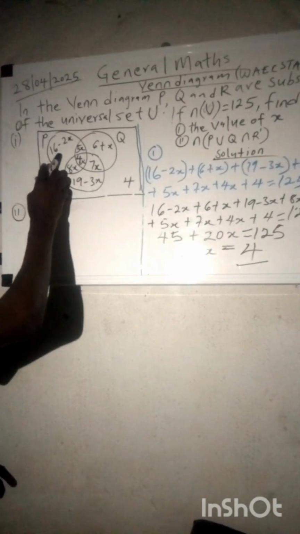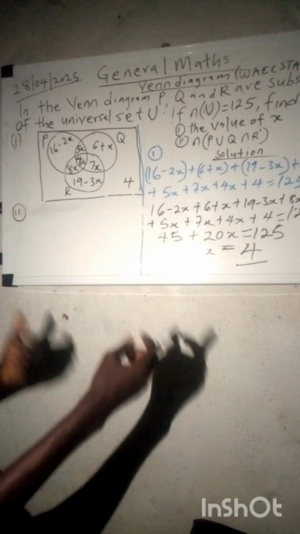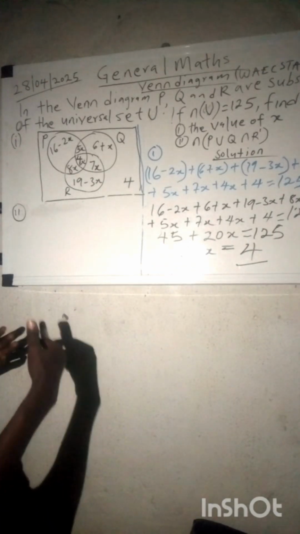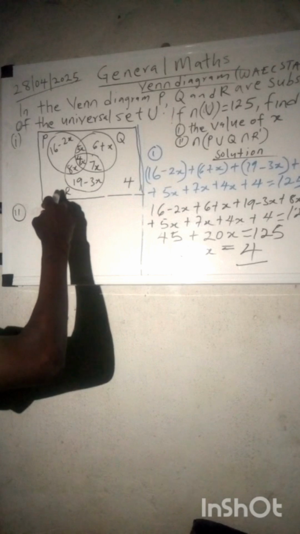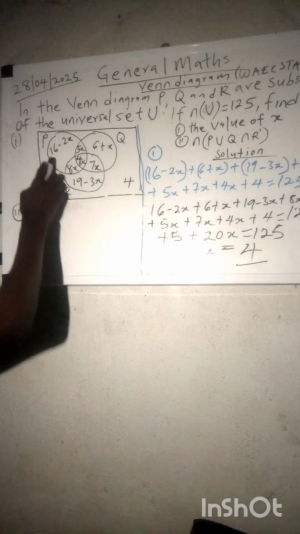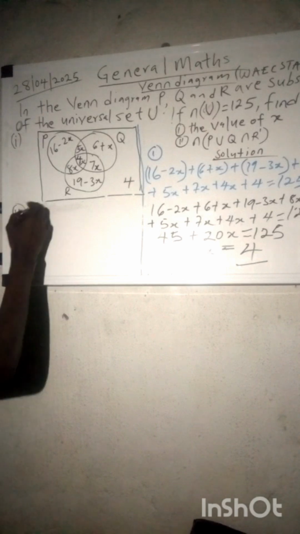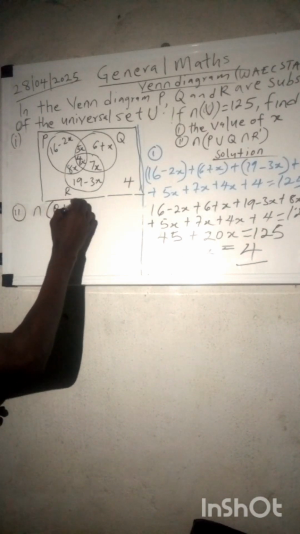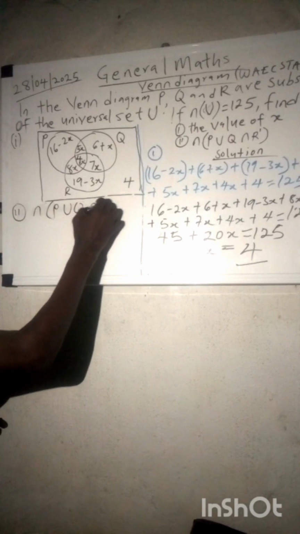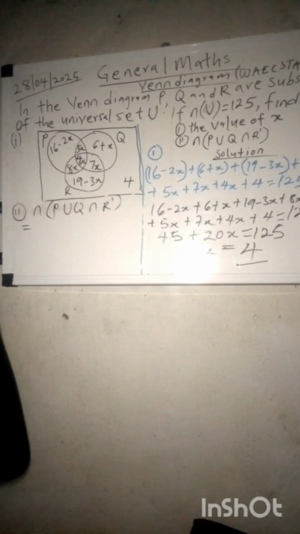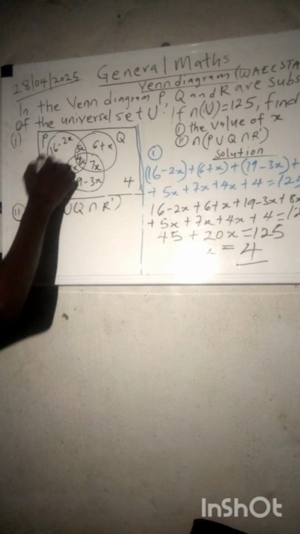Look at P union Q. When we talk about union, we are talking about the combination of the elements in set P and Q. Looking at the diagram carefully, you will discover that the union is